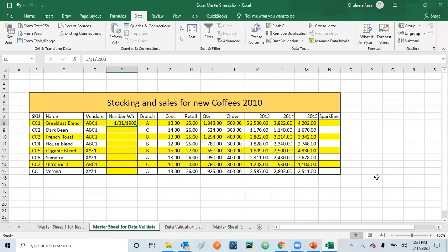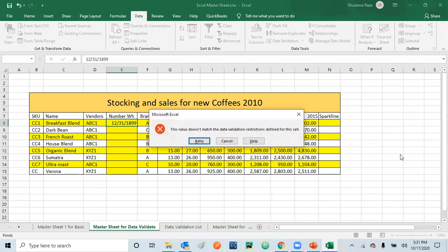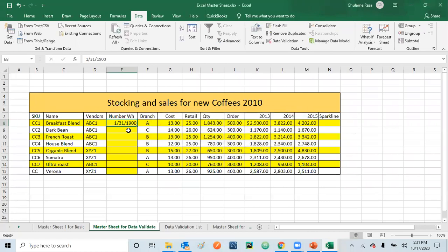Let's say if I put the date 12/31/1899, which is one day before the date we have selected, since we started from 1900, the system will give us an error.